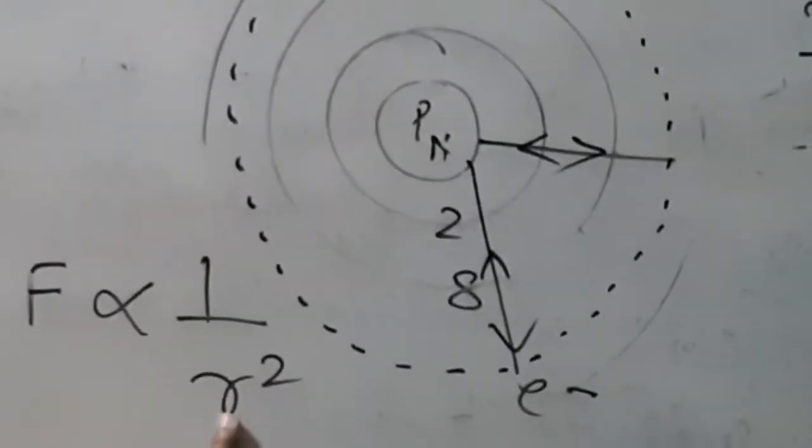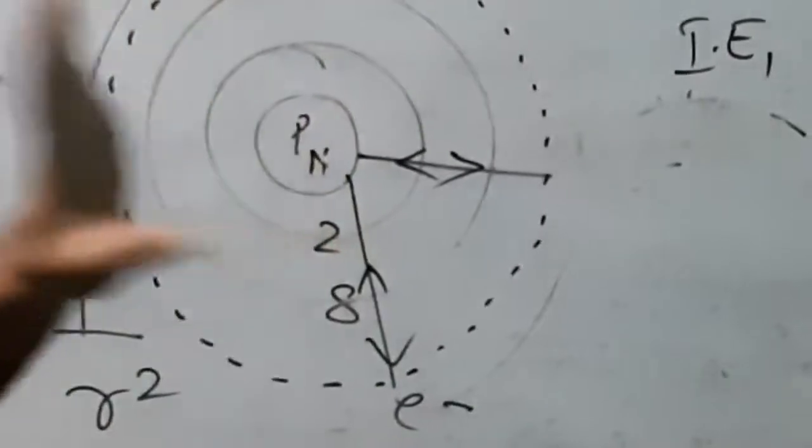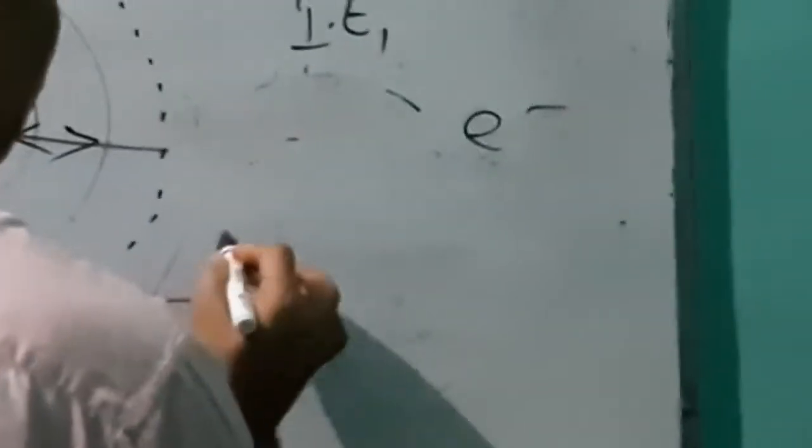Now distance gets less, force becomes more. So now the force is stronger, and yet you want to remove another electron, then obviously you have to apply more energy,